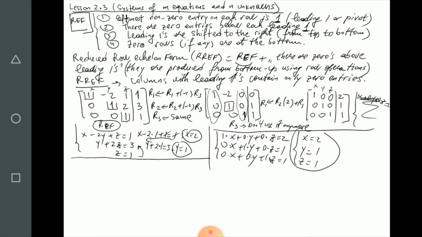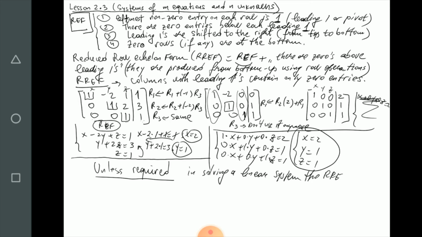If your goal is just to solve a linear system, it's not really strictly necessary to move to reduced row echelon form. Unless required, and in some cases you are actually required to do that, in solving a linear system the reduced row echelon form is optional. I would say that because whatever time you save by not doing these substitutions that we needed to do from the reduced echelon form,